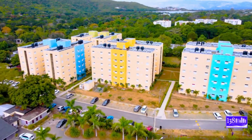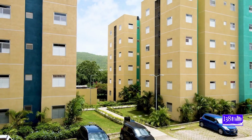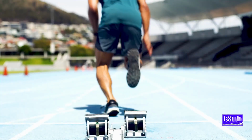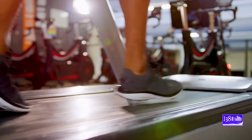Alright, so what is One Trade Student Living? One Trade Student Living is really just a real estate company that facilitates housing solutions for students. It was founded on August 15, 2014 and has housing facilities across the country, including Kingston, Montego Bay, and Mandeville. One of their goals was recently completed, which essentially was to create housing solutions for students at university